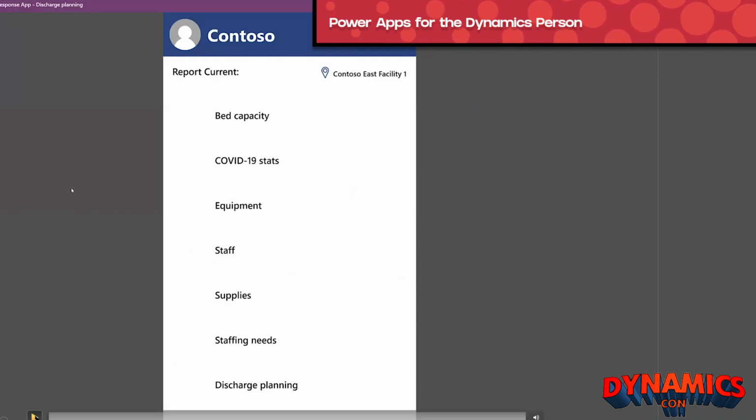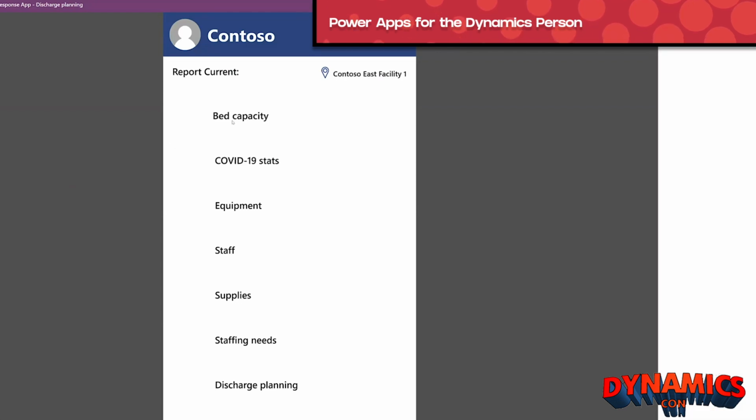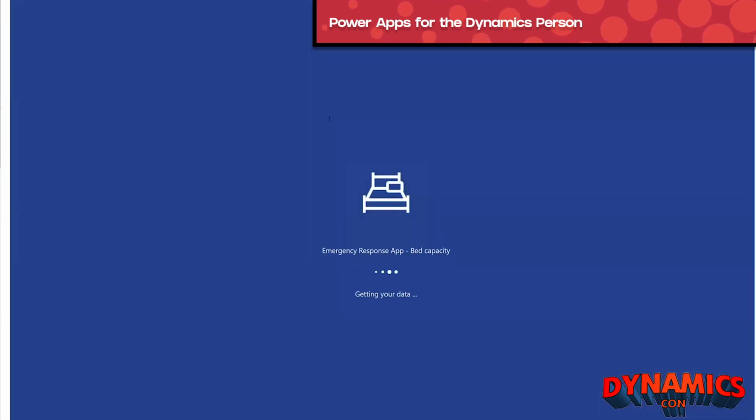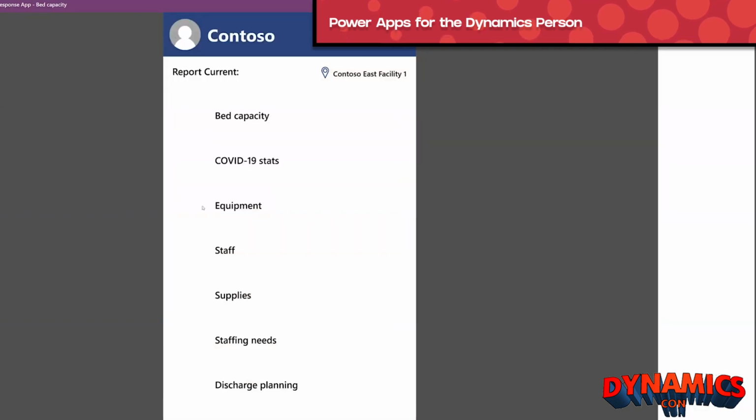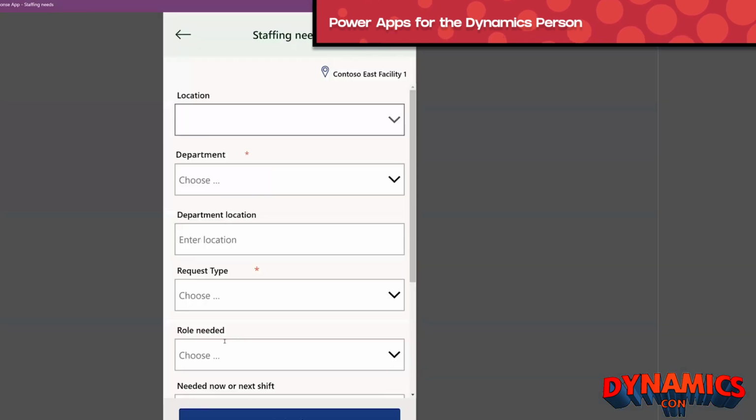And this is an example from the Microsoft COVID emergency response solution, the healthcare solution. So with COVID, you have the need to manage beds and how much PPE equipment you have at your facility and other things like that. How many people are being discharged this week? This is where Canvas app is awesome, because somebody at the facility has real specific things they need to do, capturing data as they go. And that's where, from a single facility with this task-specific focus, this is a great way to do it.